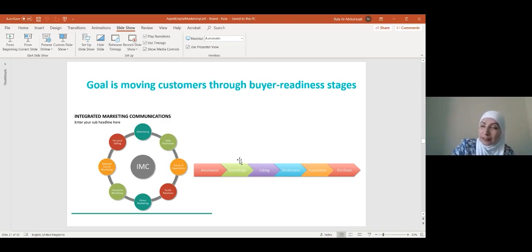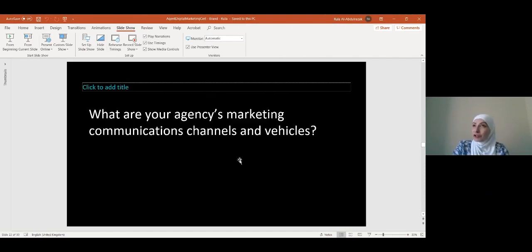So from the awareness, the readiness of those buyers of yours, from the awareness of your existence, the knowledge of your services, to liking what you are offering and promising and providing, to then making a preference between you and the competition based on the content and the communication you are giving them, how relevant it is to them, and reaching them at a deeper level to the conviction and purchase, as we will see in a minute.